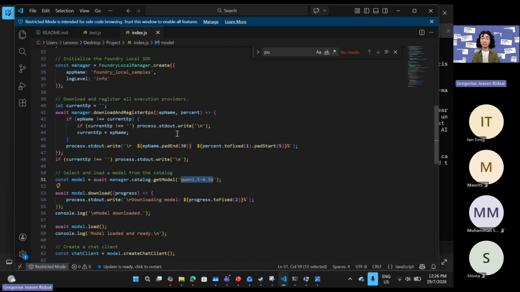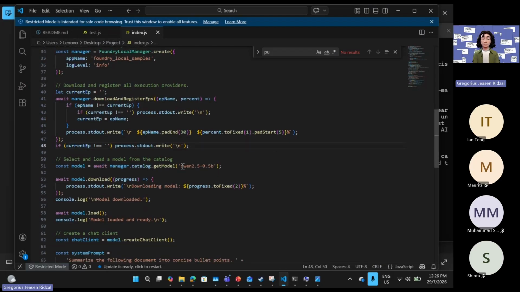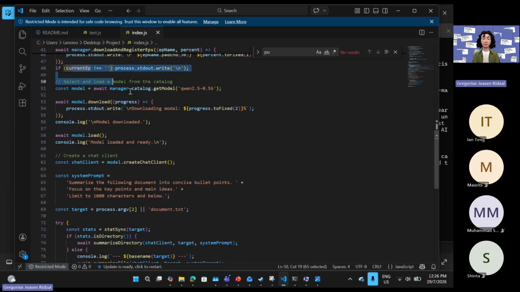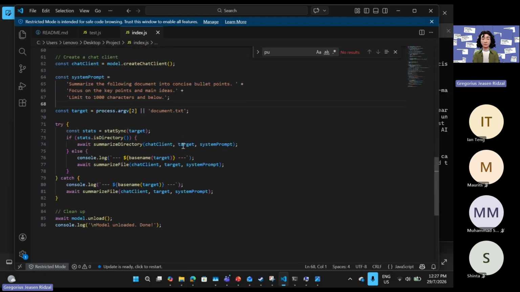This is not vibe coded, by the way. I could vibe code it, but yeah. It registers the EP, which I think right now is using my GPU or CPU. I'm not sure which, but I'm sure it's not using my NPU. It loads the model according to that EP, creates a chat client, and pumps in the system prompt, right?